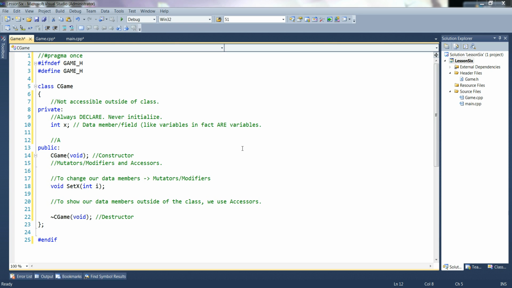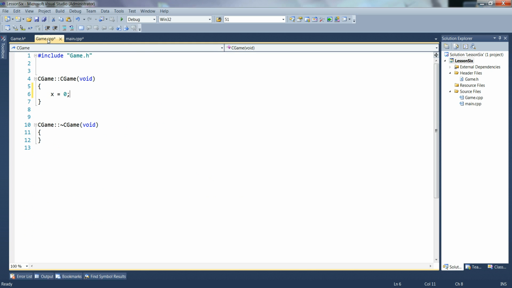is accessible outside of the class. So you see, this is how classes work. Because in our CPP we scope it in